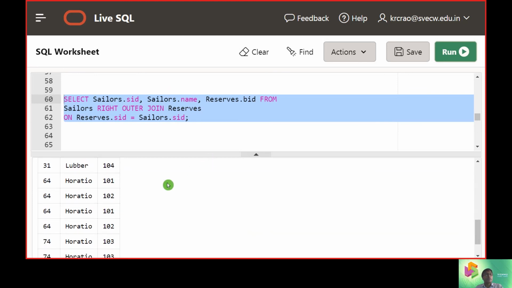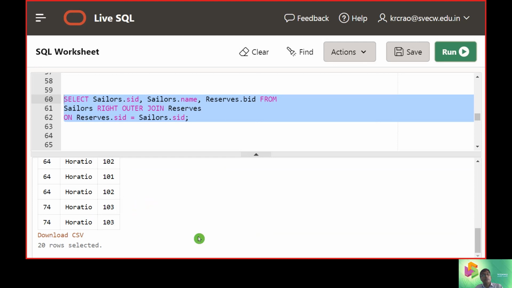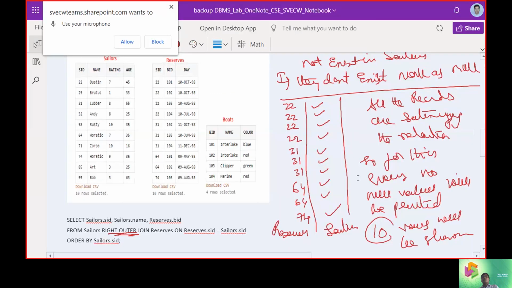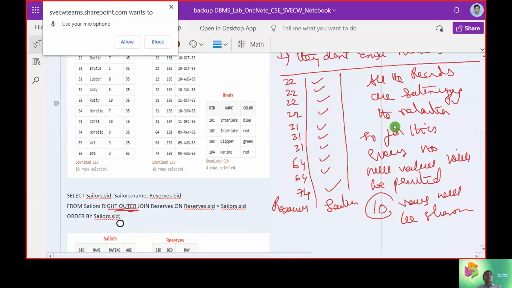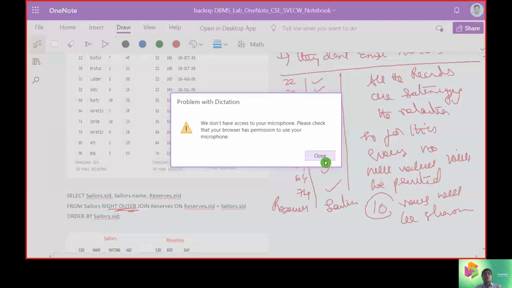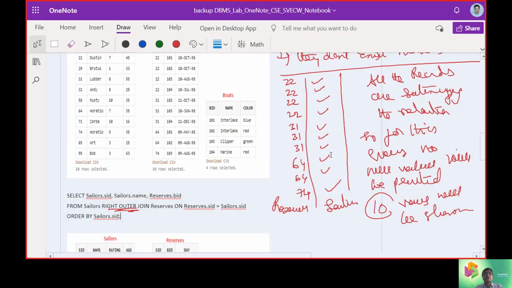Now you can see there are 20 rows. Why are we getting 20 rows? Because there is a match here, 10 and 10.